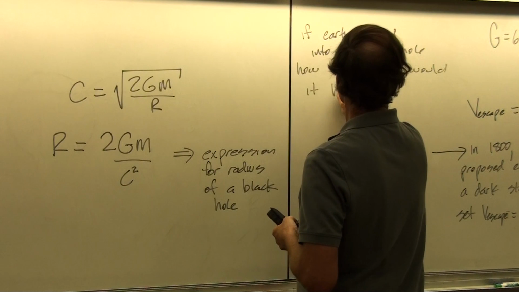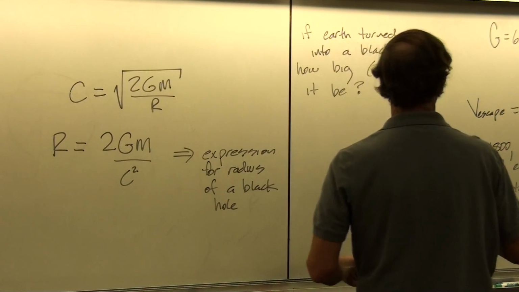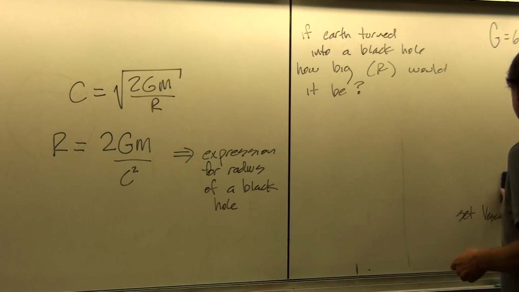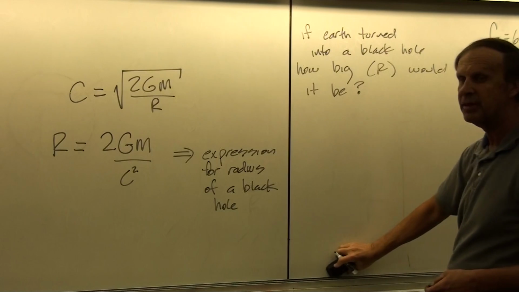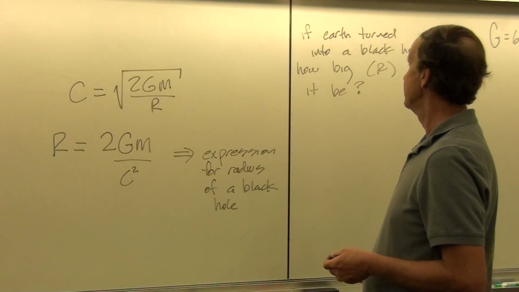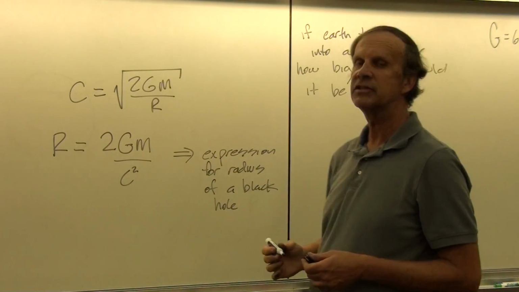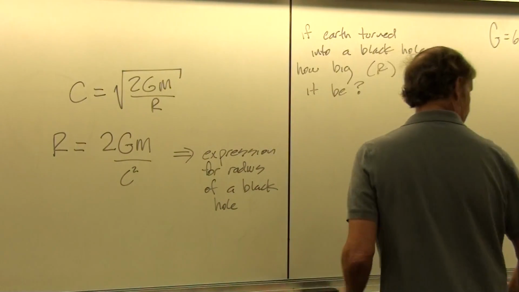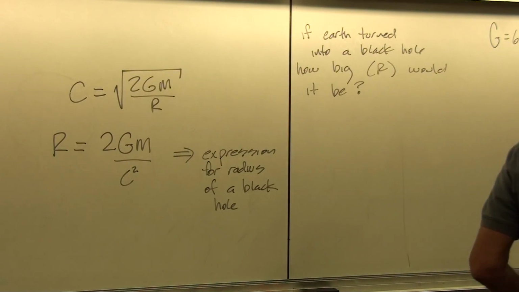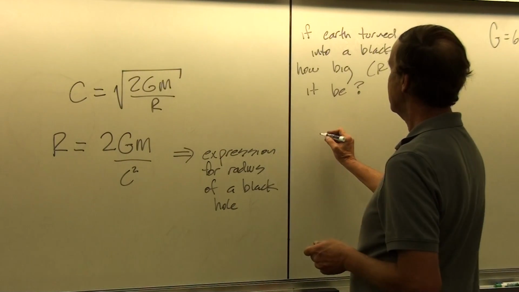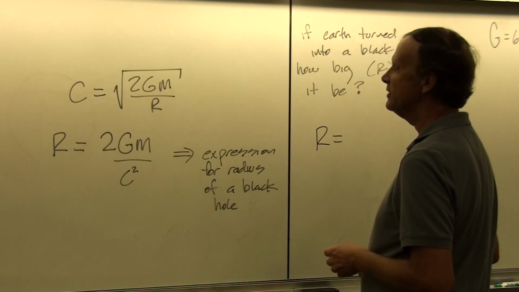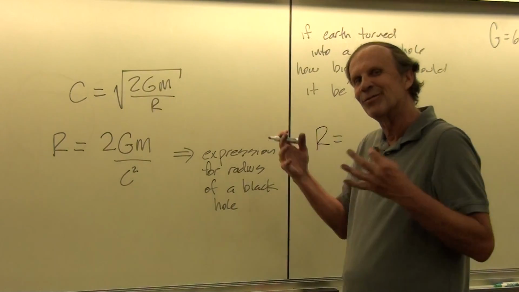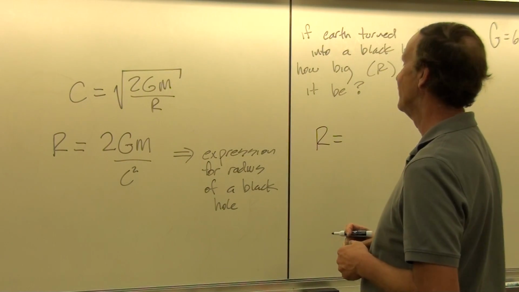Now, what is a black hole? Well, essentially, it's a star that's been smashed to zero size. And so we believe that there are, in fact, many black holes out there in the universe. And they're some of the most interesting and mysterious objects in science. And so let's go ahead and see how big the Earth would end up being if it was turned into a black hole by one of these little mini black holes that kept gobbling up more and more matter and eventually gobbled up the whole Earth.